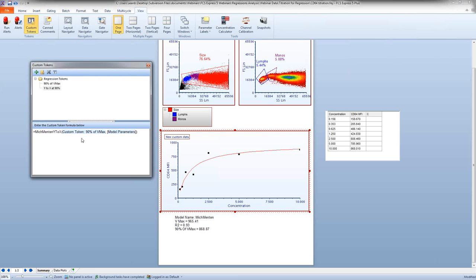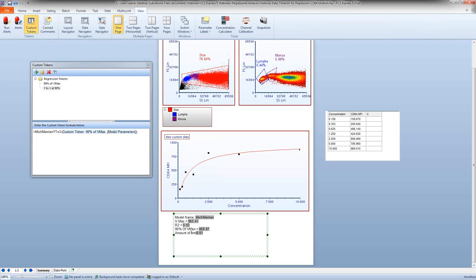So what we have now is a function that FCS Express is using to convert a y value to an x value. And again, just to reiterate, that y value is 90% of the Vmax, and the model parameters are the parameters associated with this Michaelis-Menten fit. So we're going to put this in a new line in our text box here. And you notice that it's giving us a value of 8.61, and that value of 8.61 again is indicative of when you have 90% of your maximum binding in this assay, that's how much antibody is being used at that particular point. So we can say